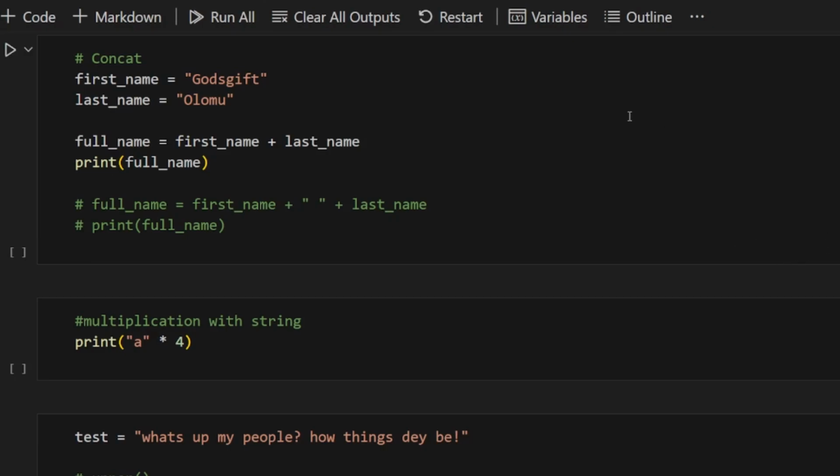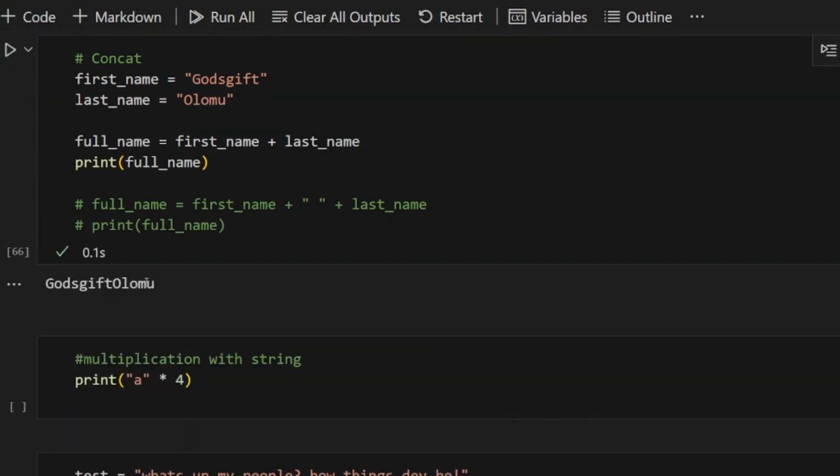So if we run this code now, let me tell you what I do. This one is the first variable we create before. I just recreate them again, put God's gift inside, then create another variable called last name, put my surname, that's Olumu, inside. So for this full name, I can say okay, the first name God's gift plus the last name will give us full name. So if we run this code now, you shall see it gives us the full name. But the only issue is say space no dey there. Because normally space supposed to be there, so it go help us understand what they do.